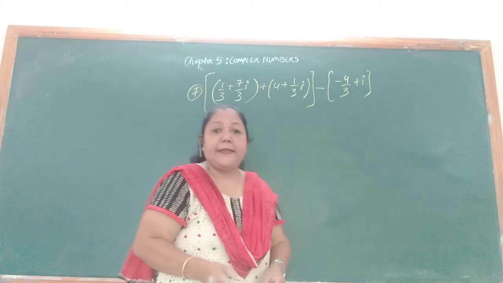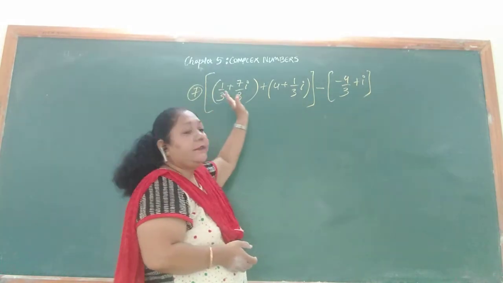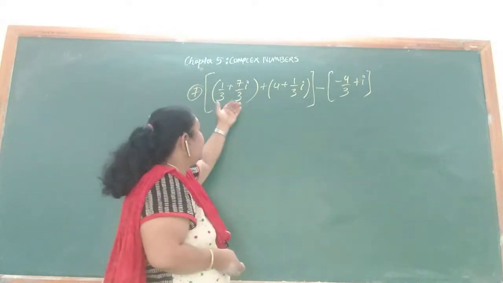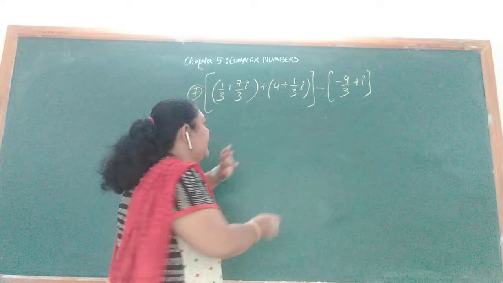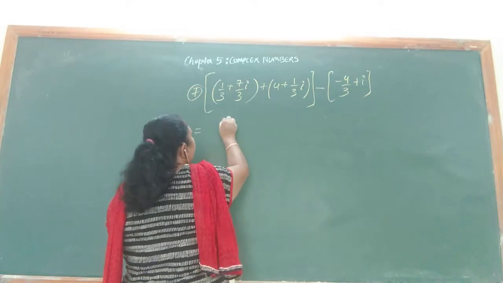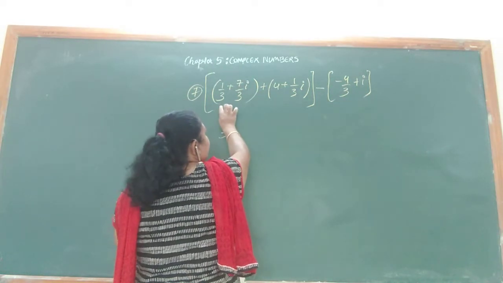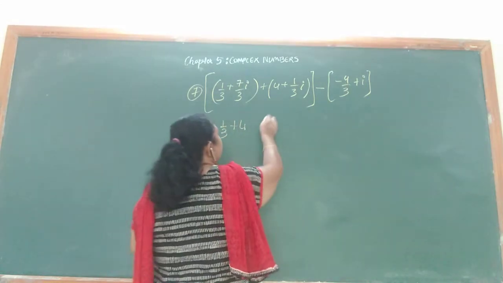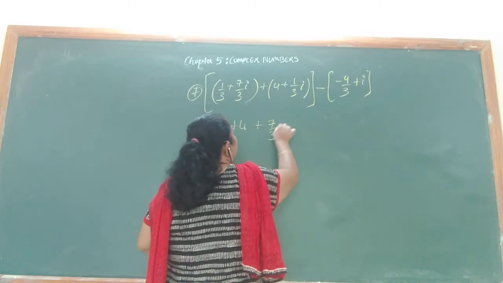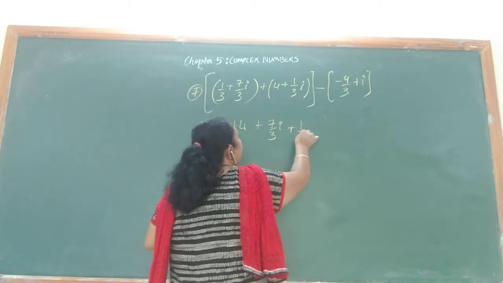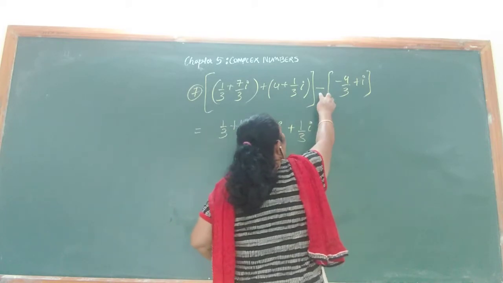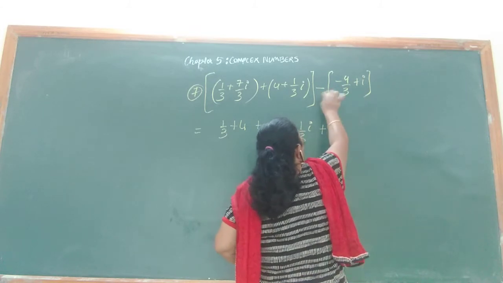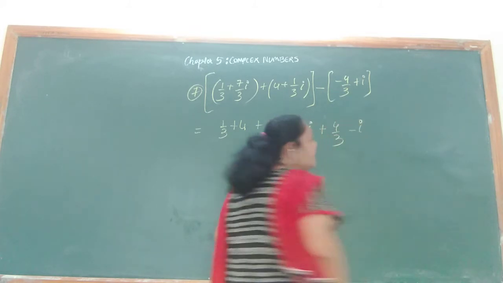Okay. Now this is my next question. I have first a box bracket and then minus a next bracket. First let me solve my box bracket internally. So I open this and I have 1 upon 3 is a single number plus 4 is a single number. Then I take I terms together plus 7 upon 3i and plus 1 upon 3i. Now I open this. I apply minus of minus, that is plus 4 upon 3. Minus into plus is minus I.